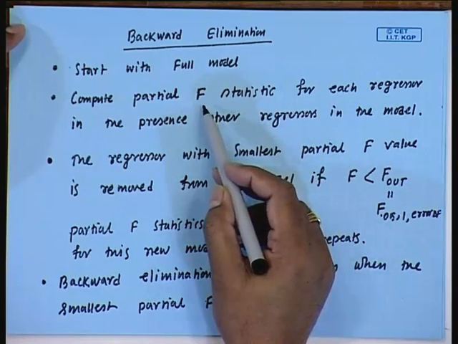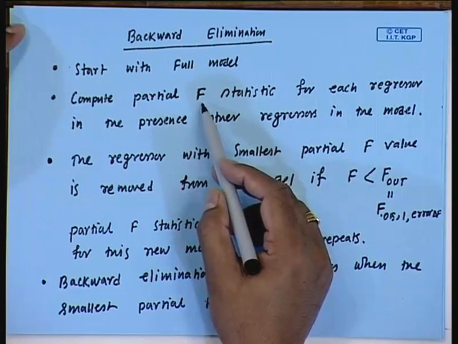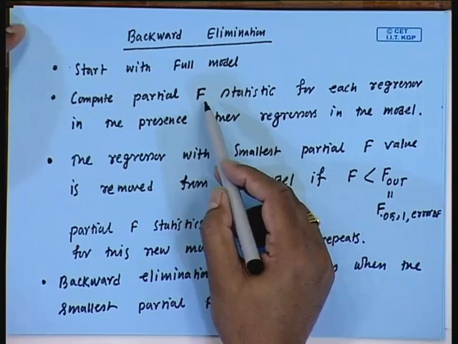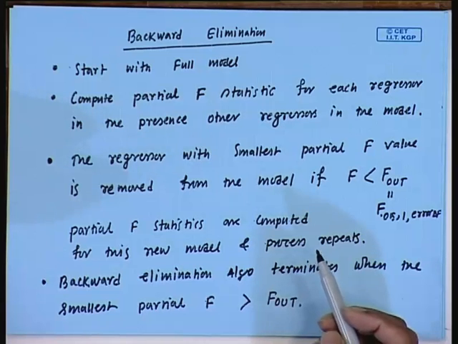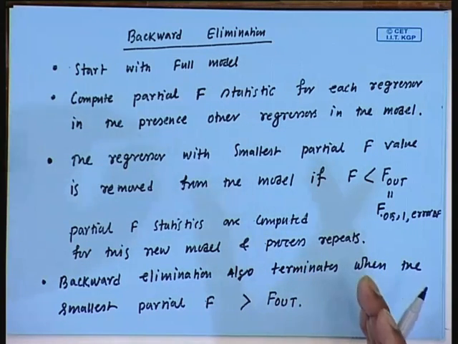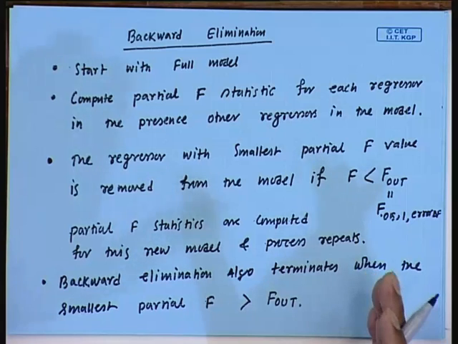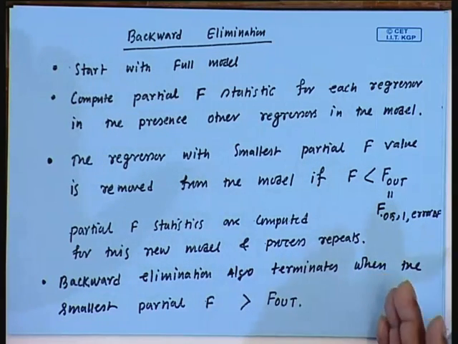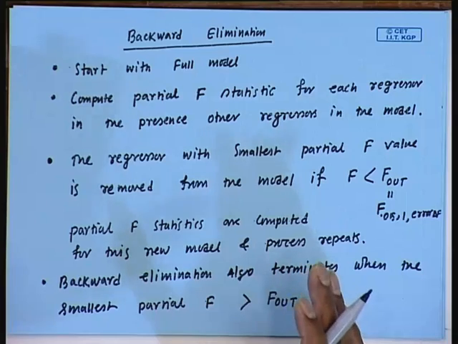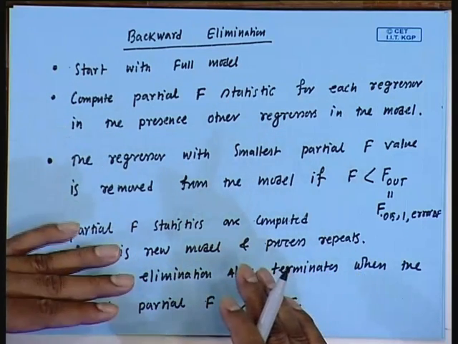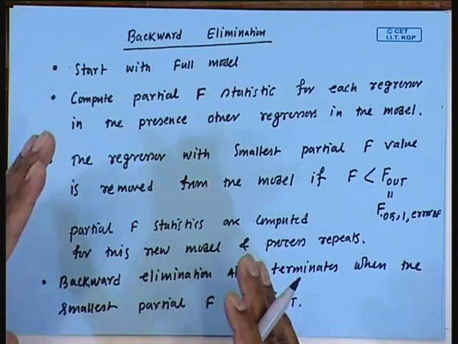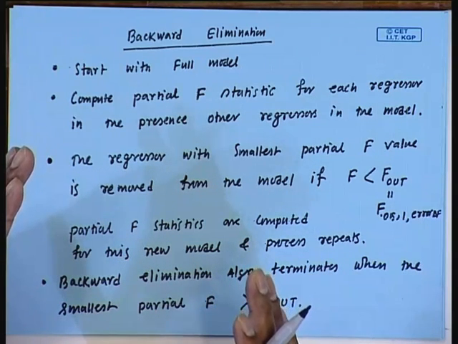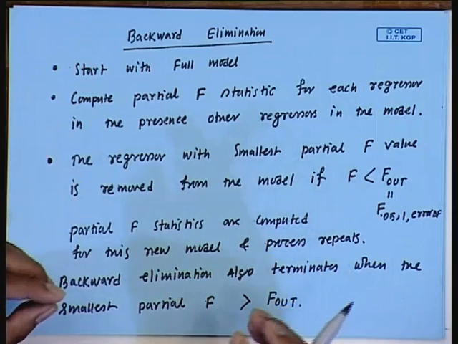So, this partial f statistic, say for example, for the regressor x i, that will give the significance of the regressor x i in the presence of other regressors. So, this way we compute the partial f statistics for all the regressors. So, lower the value of f statistic indicates that the associated